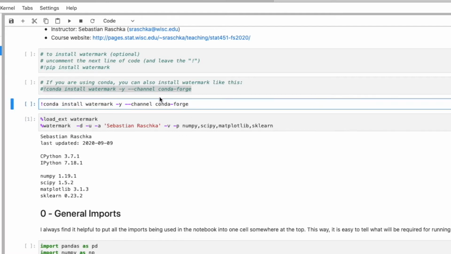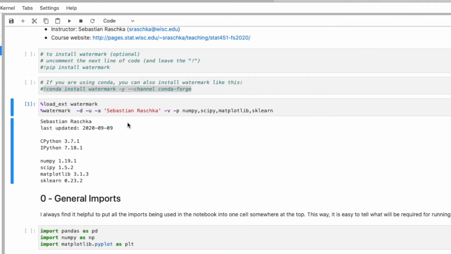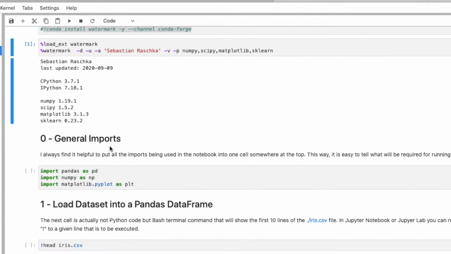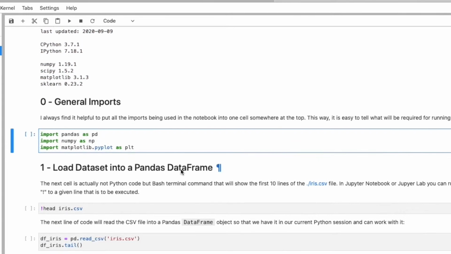Anyways, let's not get distracted by installations here. After we check that everything looks okay, that we have up-to-date software here, I'm now importing some packages that I will be using in this notebook. These are my basic packages. We almost always need packages like pandas, numpy, and matplotlib. Pandas is for data frames, numpy is for linear algebra and arrays, and matplotlib is for visualizing data, like plotting data. So I'm doing that.